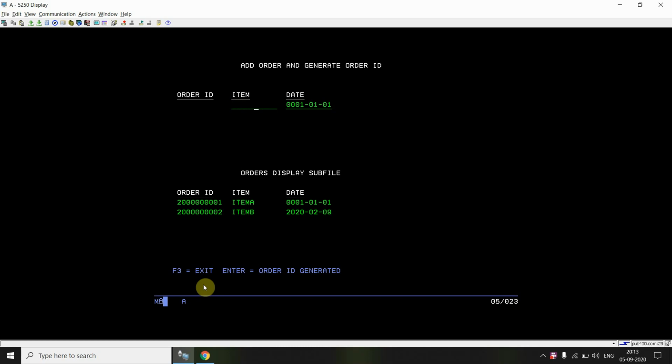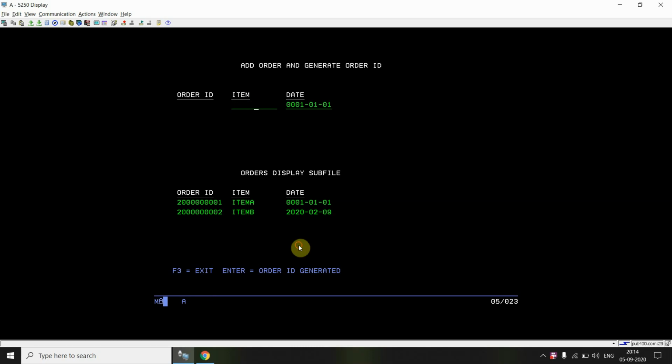But if I remove this and then press enter, it also won't add any item, because the system will check and get the information that this field has been changed. You have written something here and then removed it, so it will treat this as a changed field, but it won't add any item because the item is basically blank.